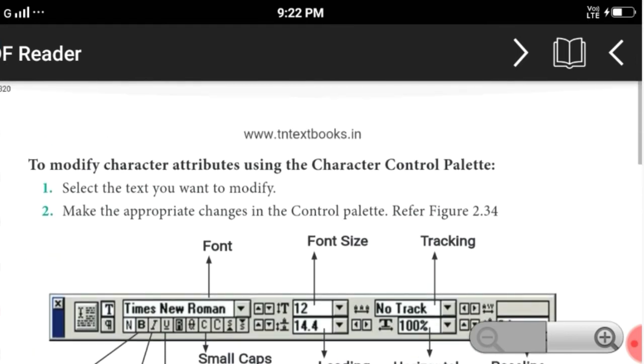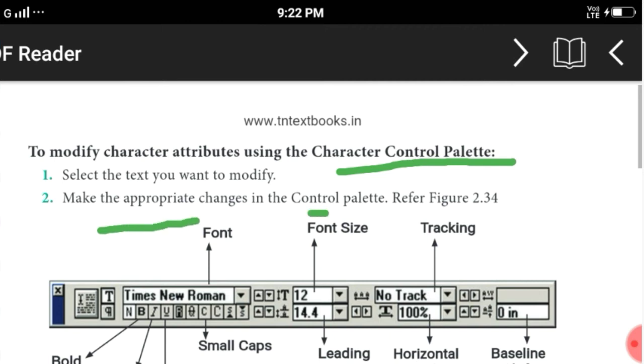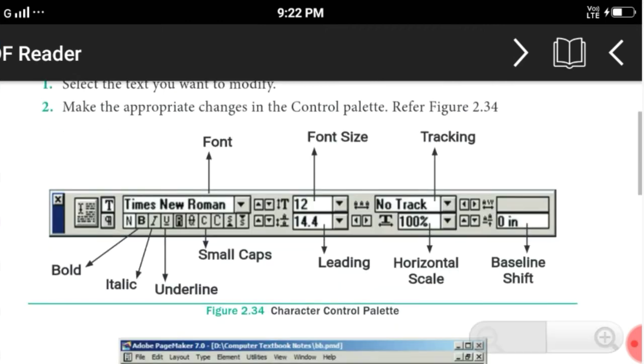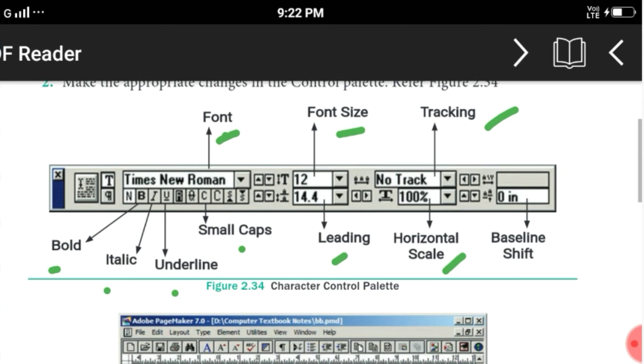Yeah, this is the control palette. To modify the character attributes, use the Character Control Palette. Select the text you want to modify and make the appropriate changes in the control palette. Okay. This is font, font size, tracking, bold, italic, underline, small caps, leading, horizontal scale, baseline shift. Okay.